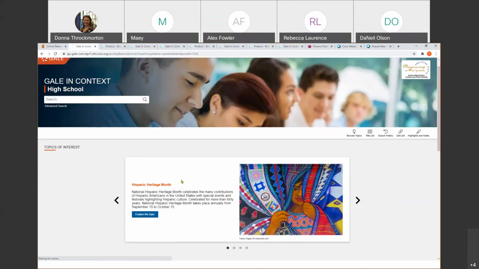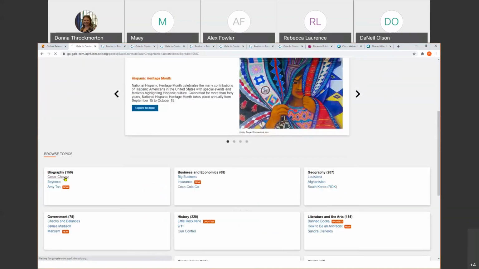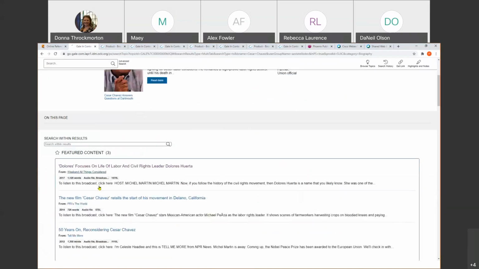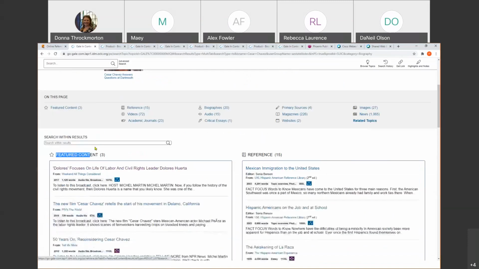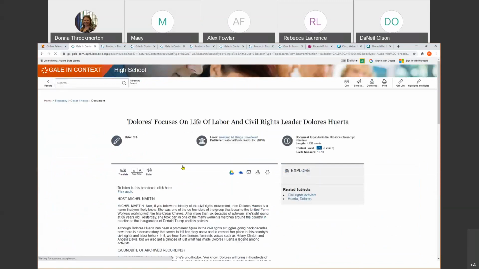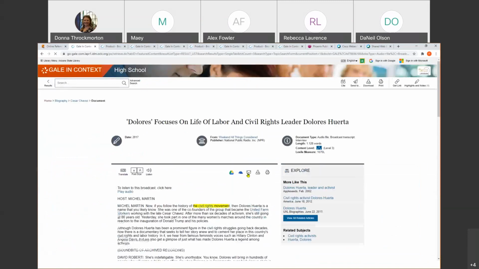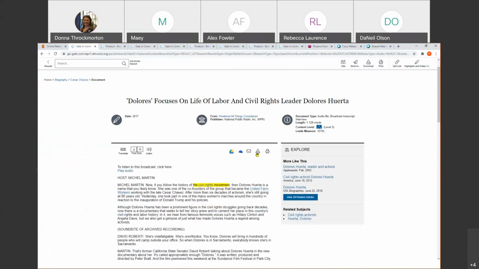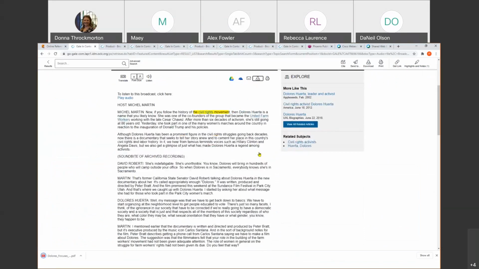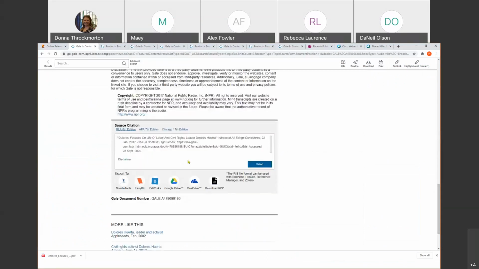And just to show you really quick a citation, I'm going to click on this article right here. And I think this is the citation. Go down. Okay, here's the citation.